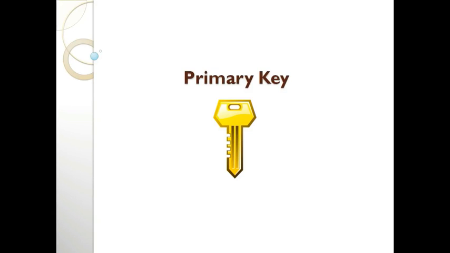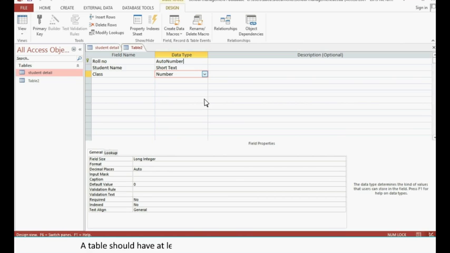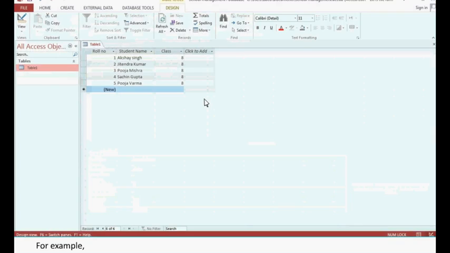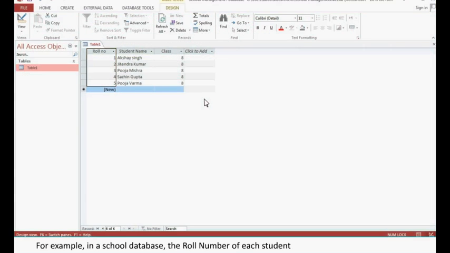Primary key. A table should have at least one field that has a unique value for each record. This field is called the primary key of the table. For example, in a school database, the roll number of each student uniquely identifies each student.